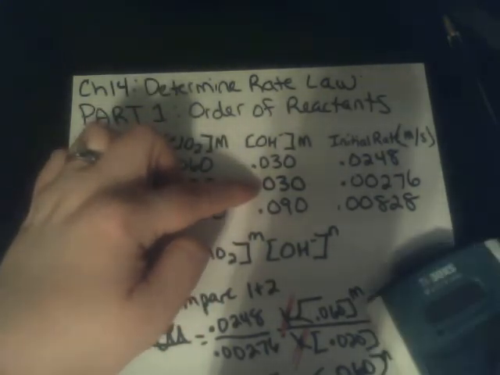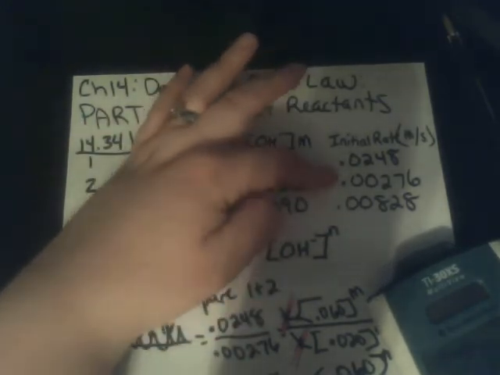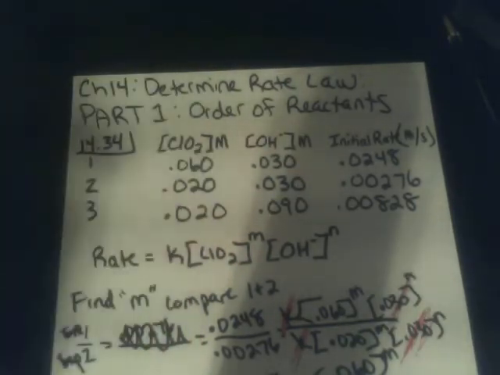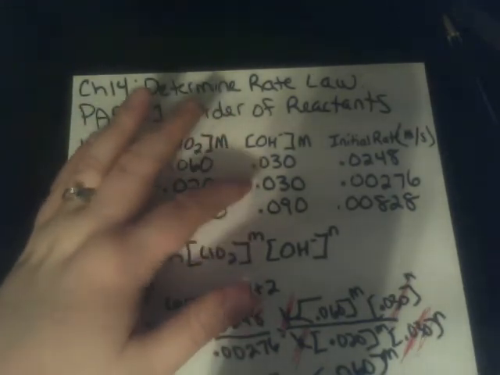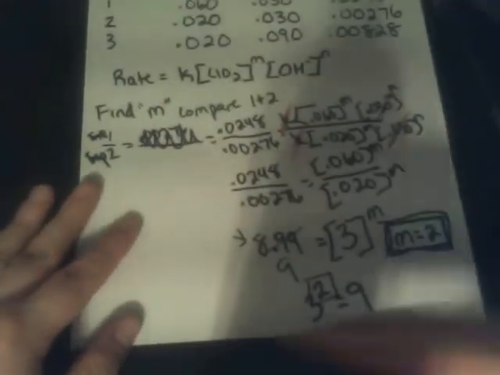So let's do a little math. What is this divided by this? 0.00828 divided by 0.00276. Tripled. So, rule of thumb, if what you do to the reactant happens to the rate, the order is 1. But if we wanted to see that written out, if we fast forwarded to the final step here,